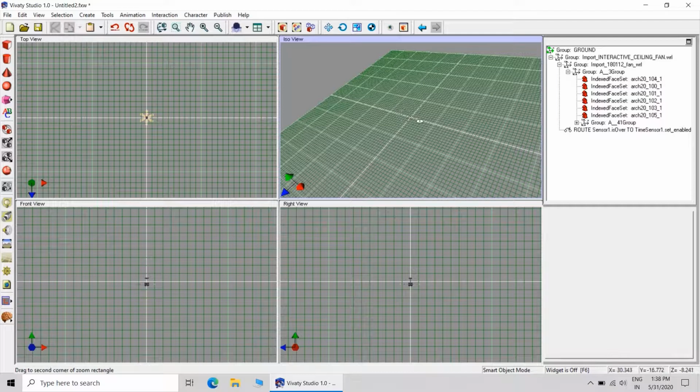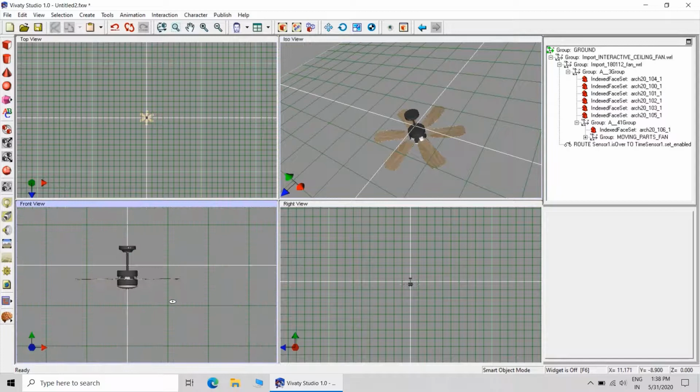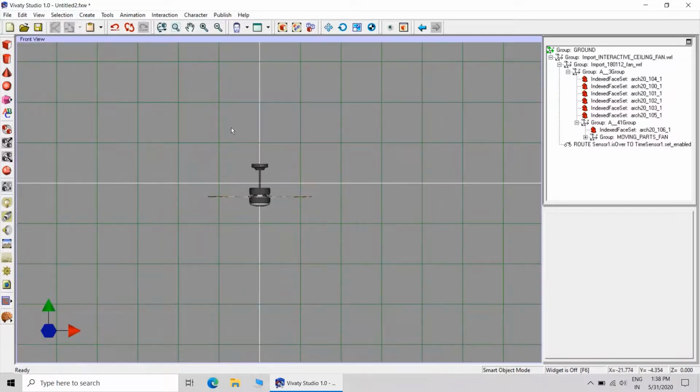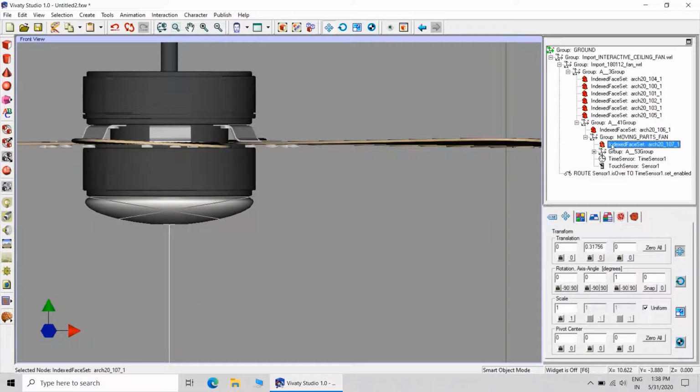Now you can zoom. Now what we will do is find out the exact portion of the index face set, IFS, which is representing the light.